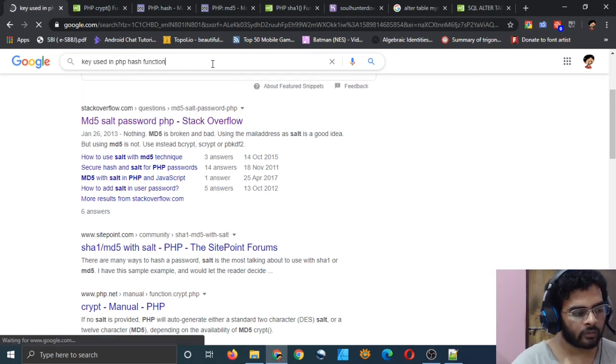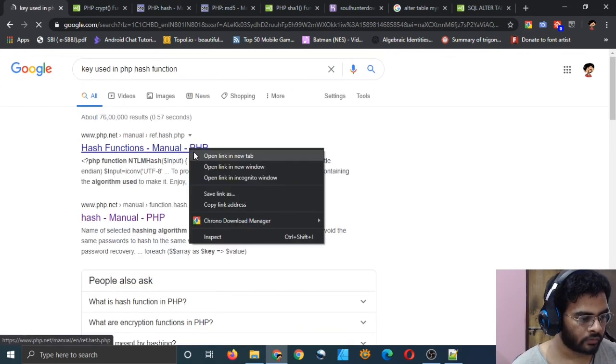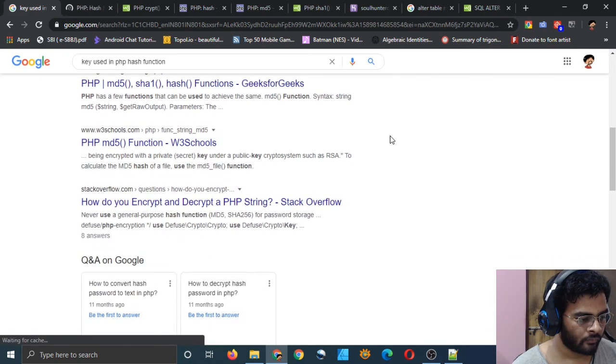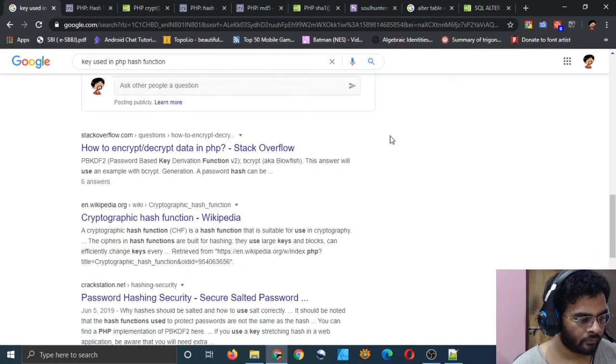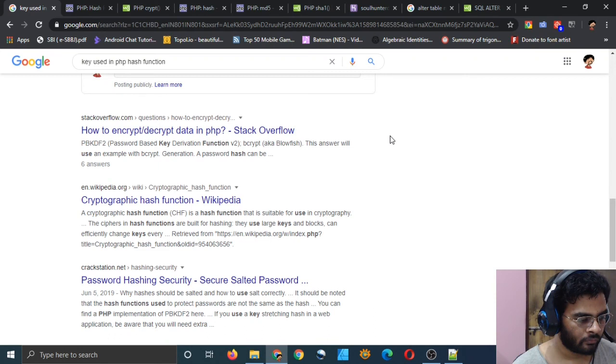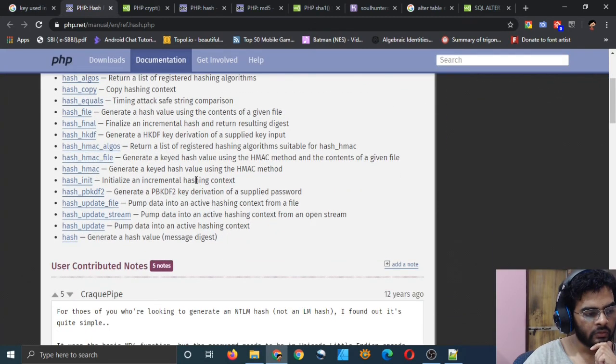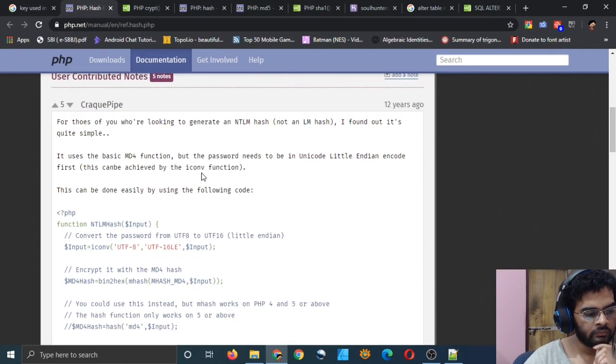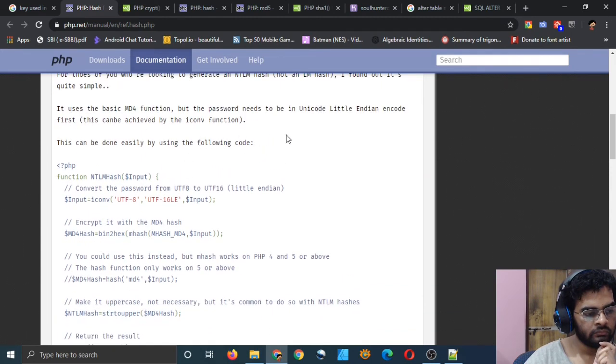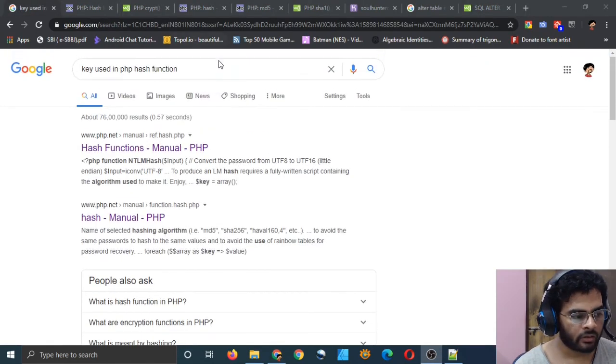I want to know how hash functions work. I mean, there must be a key, right?